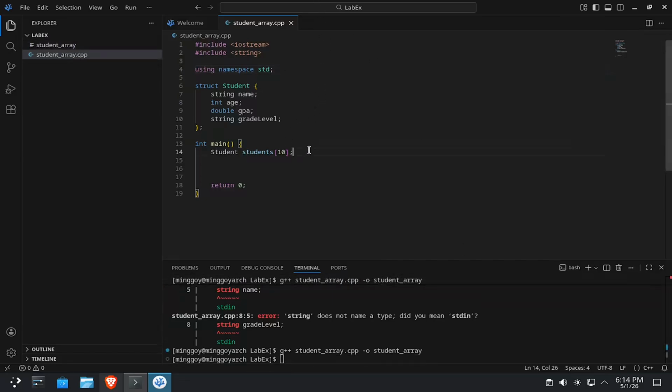Okay, it's working now. So we'll go do a loop. Okay, how about we set a size? So instead of hard coding it 10, let's do a